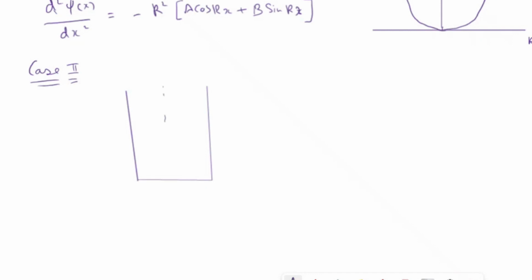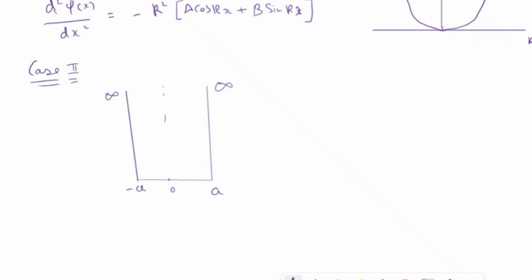If it is centered at minus a and a, suppose an electron is in a potential well at zero potential, and it's so deep that the electron cannot escape this potential well, which means the probability of finding the electron outside this well will be 0. That in turn means that with the boundary condition, the probability of finding an electron at this boundary